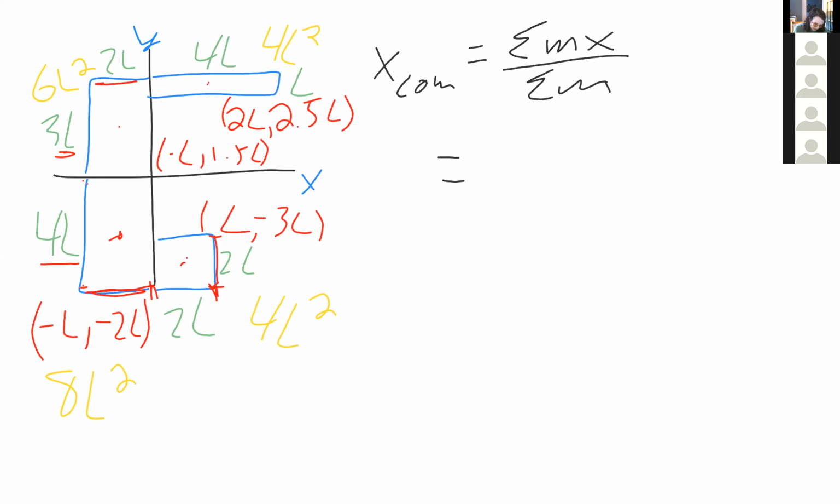What is our total area then? If I add all these up, my total area is 4 plus 4 is 8, plus 4 is 12, plus 6 is 18, plus 8 is 26